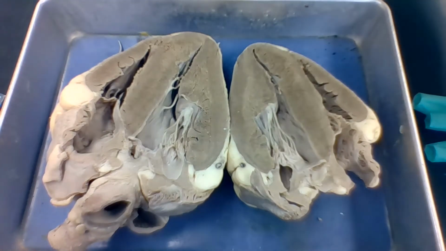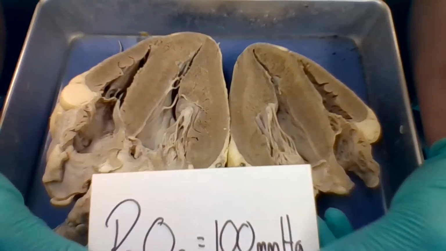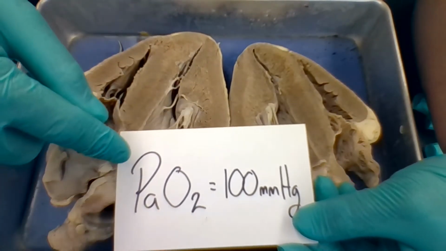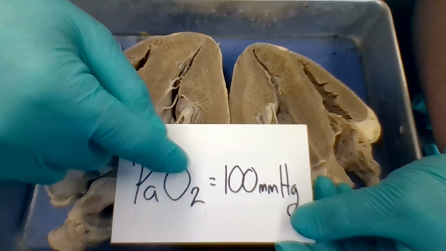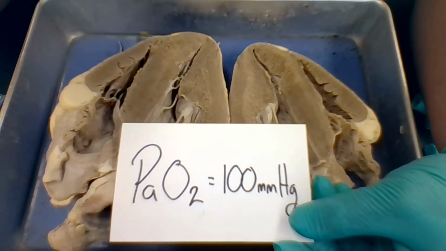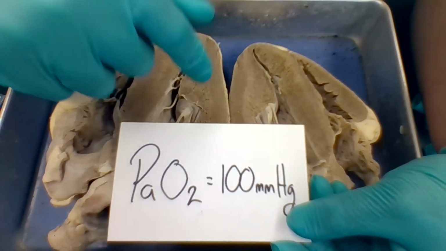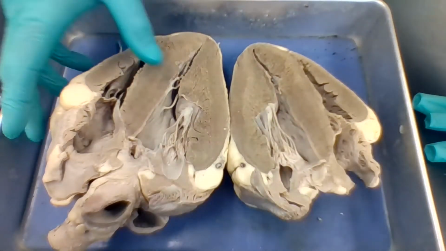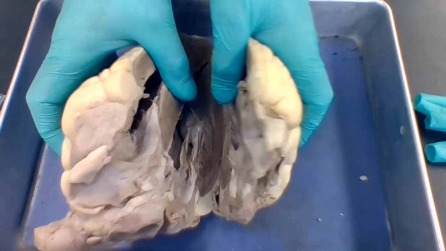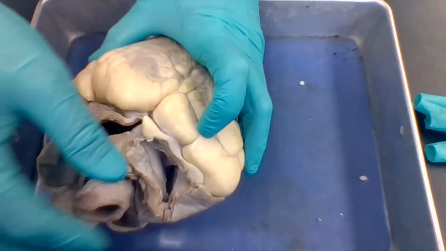Okay, it's got a partial pressure of about 100 millimeters of mercury. Okay, write that down for you there. So it's got the arterial pressure, right? Partial pressure of oxygen is about 100 millimeters of mercury. Okay, so that's what's going on with the blood as it enters the left side. Okay, so the left side now is going to contract, and that pushes it out the aorta to the rest